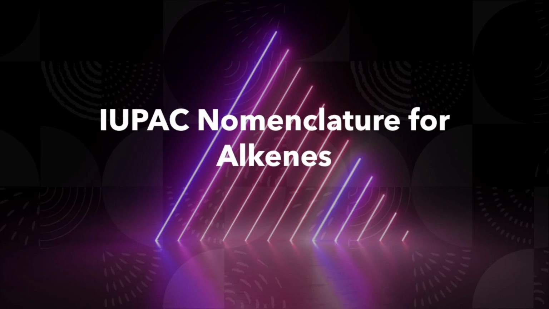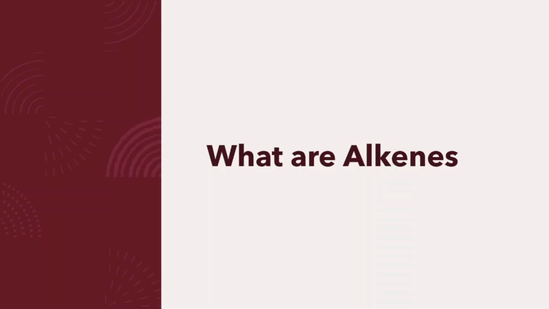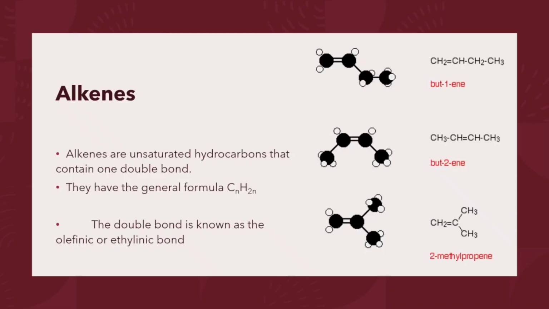Today we are going to speak about the IUPAC nomenclature for alkenes. First, we have to know what alkenes are. Alkenes are the unsaturated hydrocarbons that contain one double bond. The general formula for alkenes is